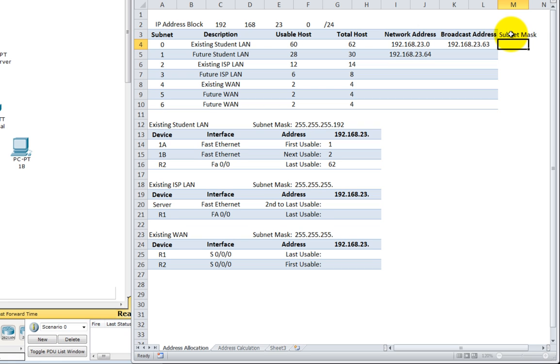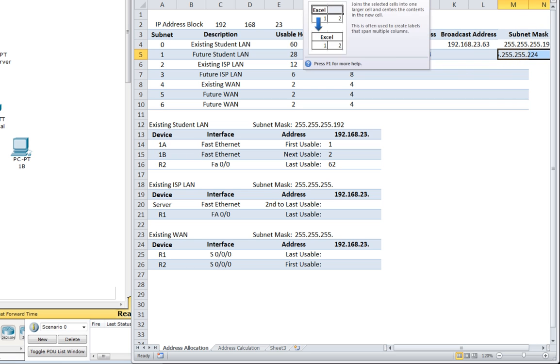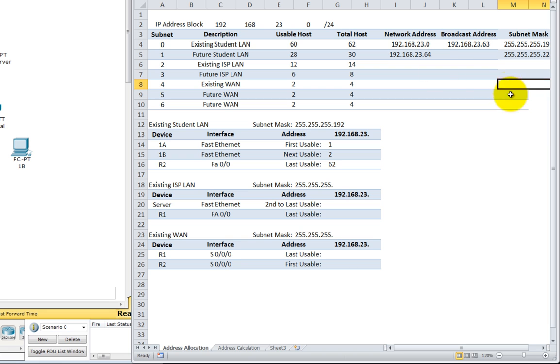Let me type in subnet mask. And we said originally it was 255.255.255.192. And this one was 255.255.255.224. All I really care about to accomplish this lab are just the existing LANs and WANs, but since we're being thorough, let me include that table. Okay, now that they are properly formatted and I can identify them for later,